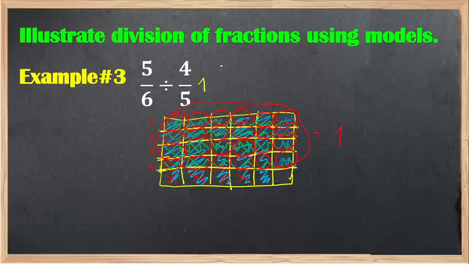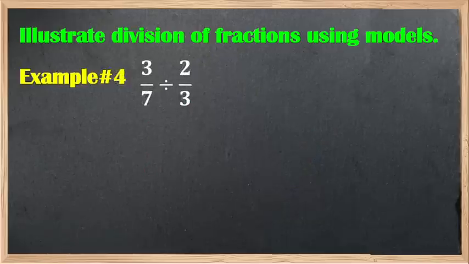So therefore, we have the numerator 1 all over. How many shaded regions to get the whole part? We have 1, 2, 3, 4, 5, 6, 7, 8, 9, 10, 11, 12, 13, 14, 15, 16, 17, 18, 19, 20, 21, 22, 23, 24. So we have 24. Therefore, the final answer is 1 and 1/24. Okay? Now, another example to further analyze. This should be the last example.